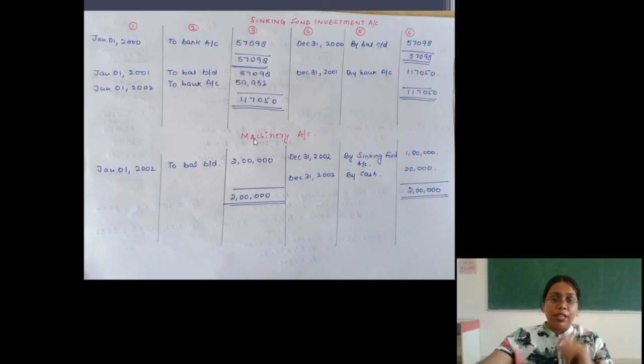that is 5995. Now the last step is to make the machinery account. In this case we'll make the machinery account: January 1st, 2002, balance brought down, that is 2 lakh. On 31st December 2002, sinking fund account will show 1,80,000. The difference between 2 lakh and 1,80,000 will be the cash shown in the account, that is 20,000. So this was the